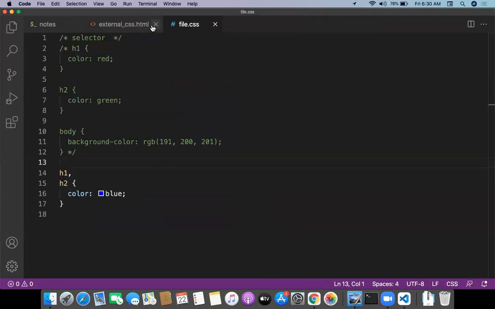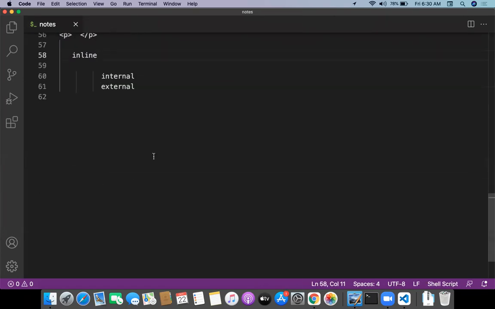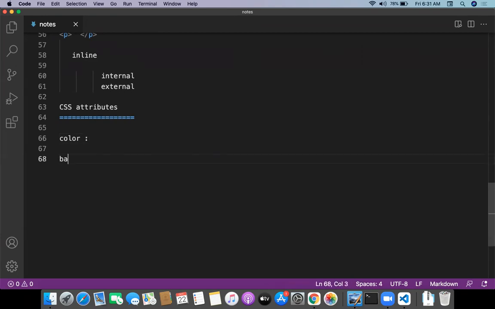We are working with inline CSS, internal CSS, and external CSS. Then we are moving with different kinds of CSS attributes. There are a lot of attributes which are going to be available. We'll write down all the attributes, then I will go with the program. The first one is the color attribute, and the second one is the background-color attribute.